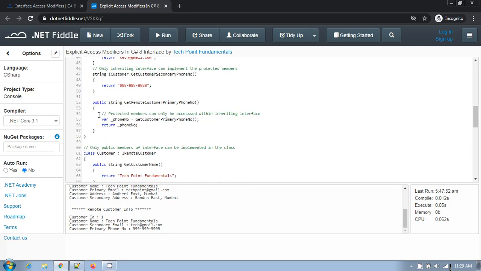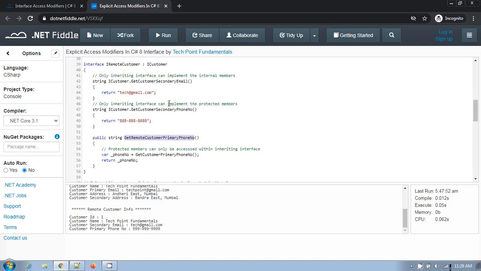So here I have used that protected member to implement a method GetRemoteCustomerPrimaryPhoneNumber, and this method you can access with an IRemoteCustomer interface reference variable.